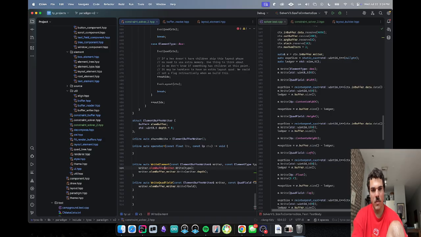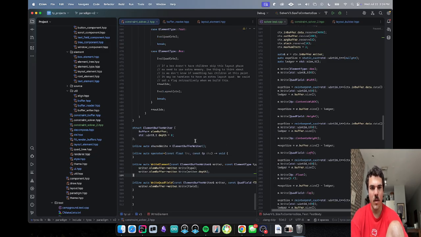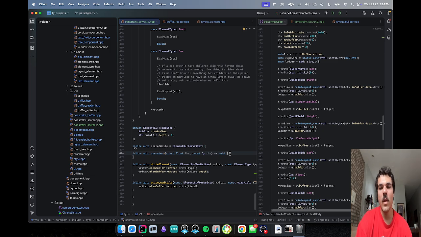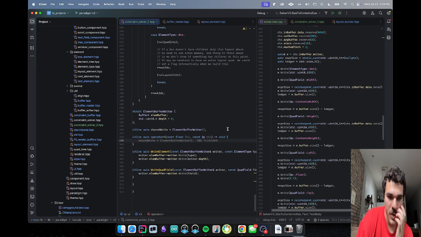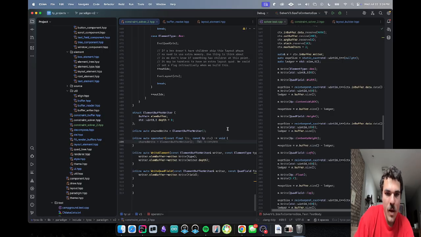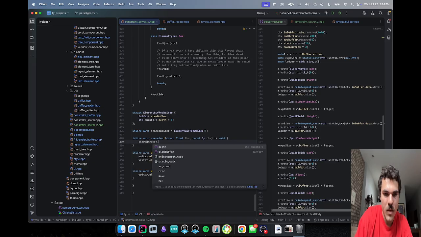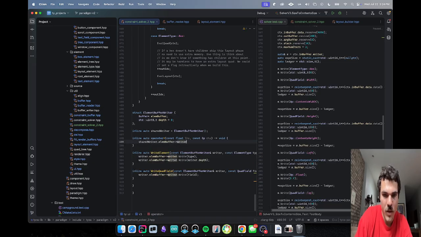Make that have to be initialized at some point. Okay, I don't love this so far. Let's see what happens. If it's plus, then we say shared writer dot ln buffer dot writer dot write